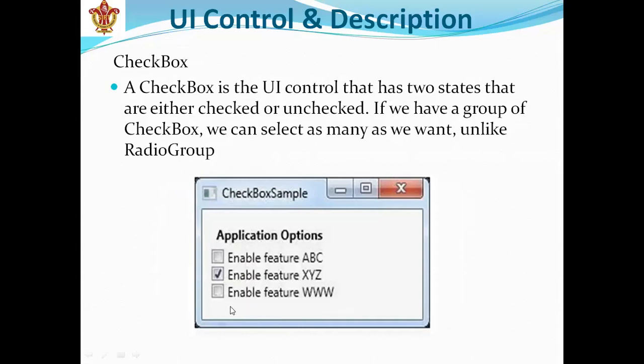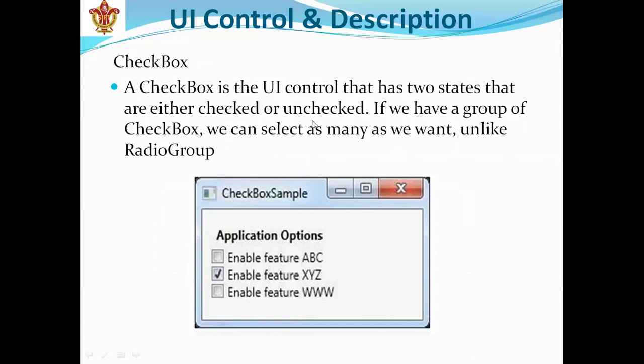If we want to tick the enable feature of ABC, then we will tick on the checkbox in the first row. And if we want enable feature of WWW, then we will tick on the enable feature WWW.